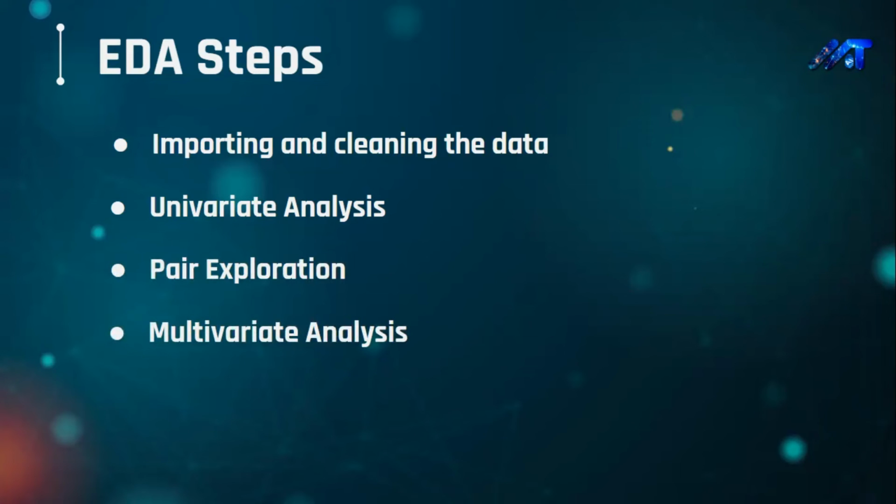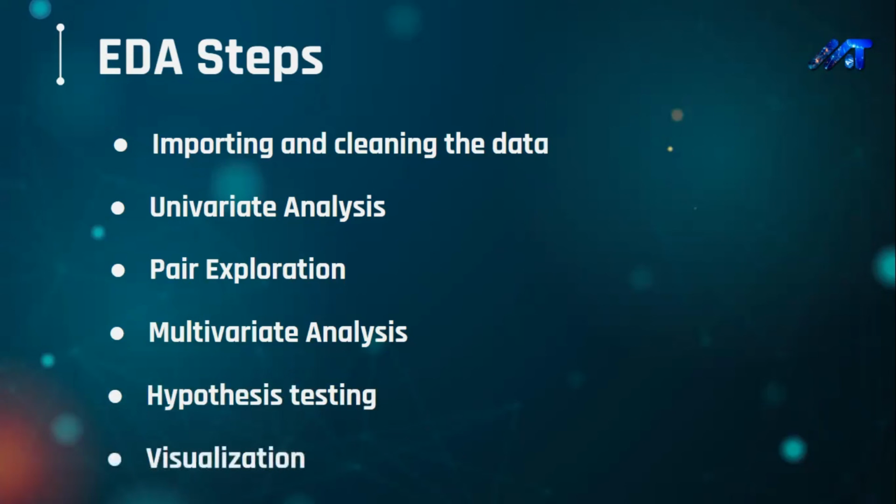Having analyzed the variables in pairs, the relationships between larger groups can be analyzed to investigate and identify more complex relationships. Then hypothesis testing and estimation. The assumptions made regarding the data set can be tested at this stage, and estimations are made regarding the variability of variables. Then visualization. Visualization is used both during